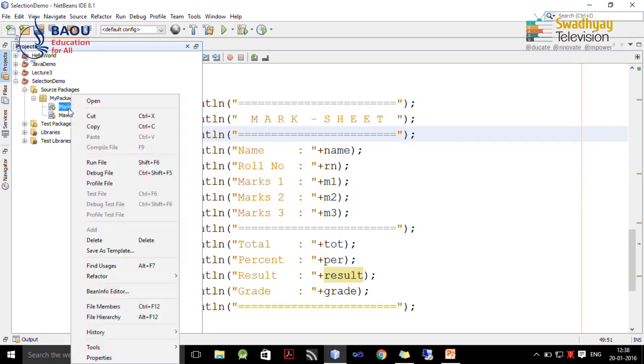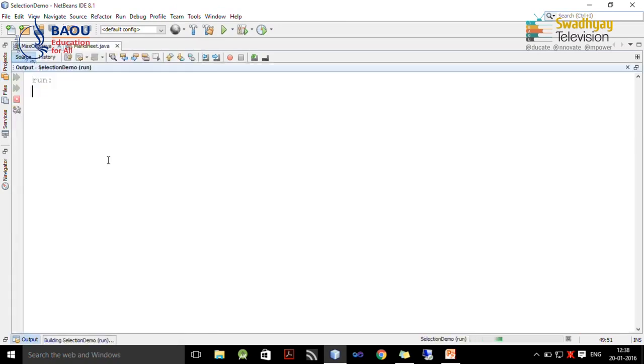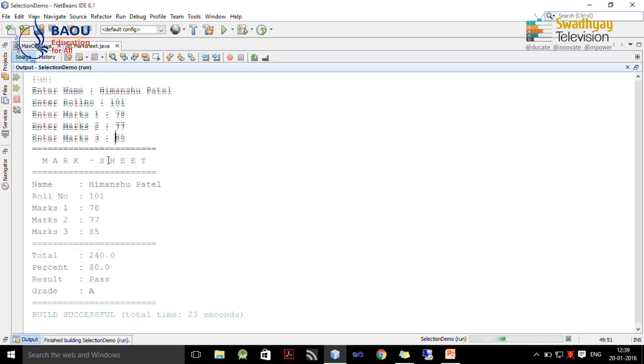So right click on marksheet.java file and then select run file. So here it is asking name, you can also write down full name there. Here is a roll number, then marks in subject 1, and here are the 3 marks.